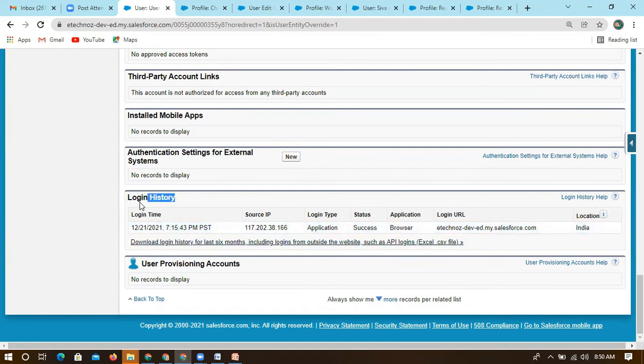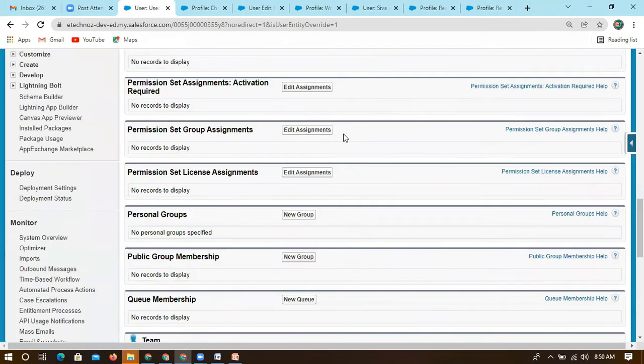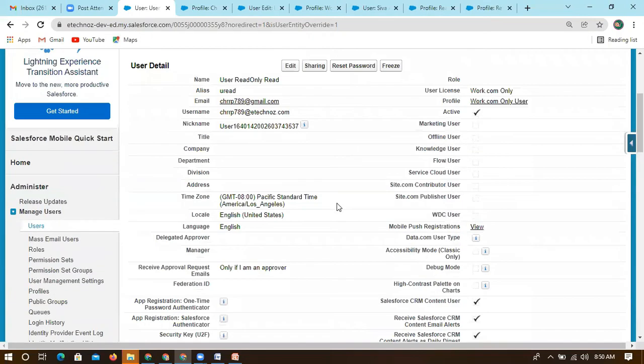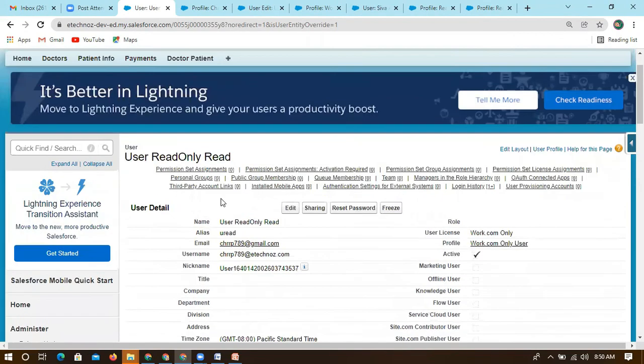Likewise, if you want to check the history, we can check at the user level. For each user, you can go through it, and when he logged in and when he logged out, all will be tracked. So you have to be clear, if you are changing anything, everything will be reflected within the system. When you logged in, when you logged out, and what you have done, everything will be reflected. So when you are doing any modification, we have to be clear.